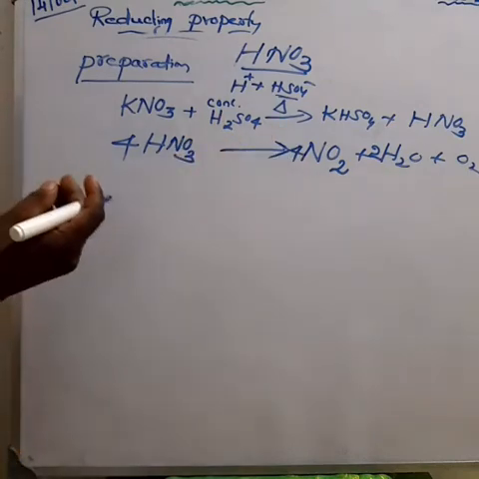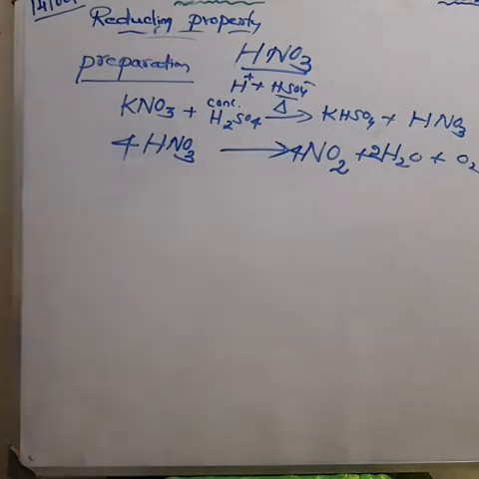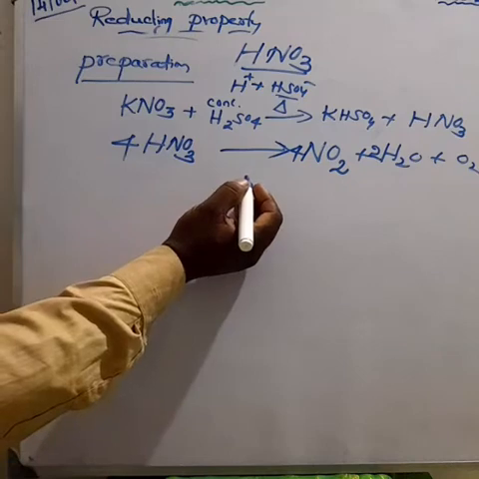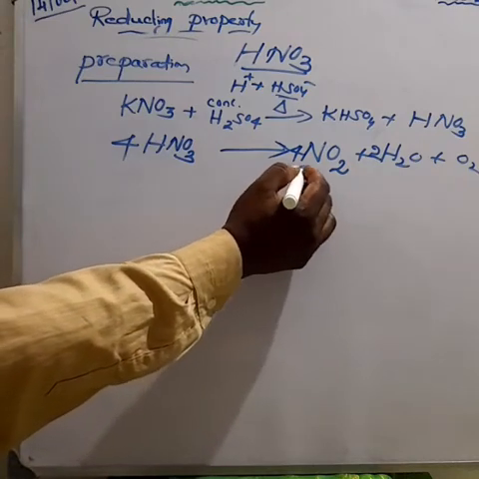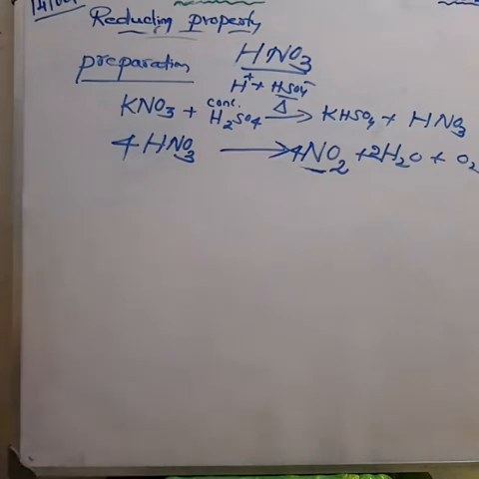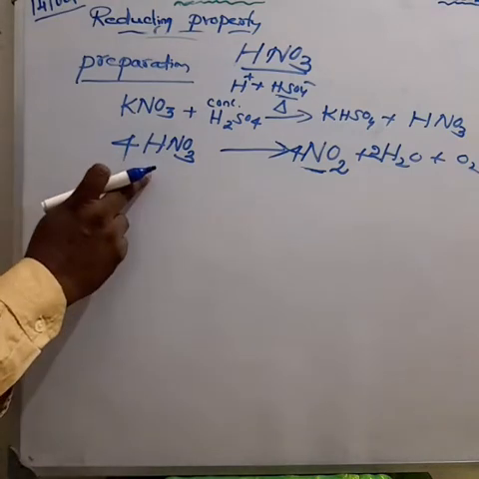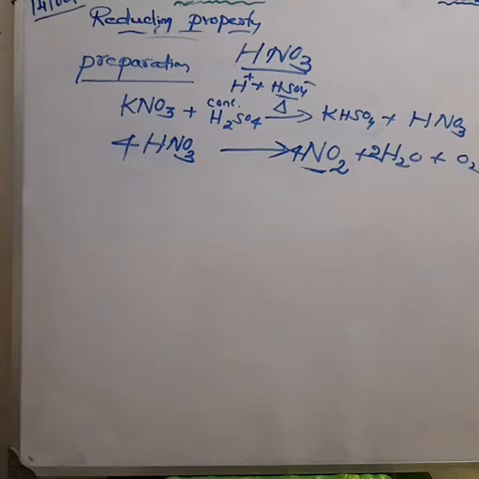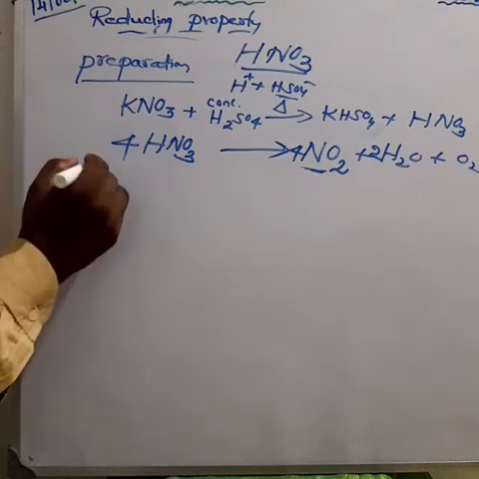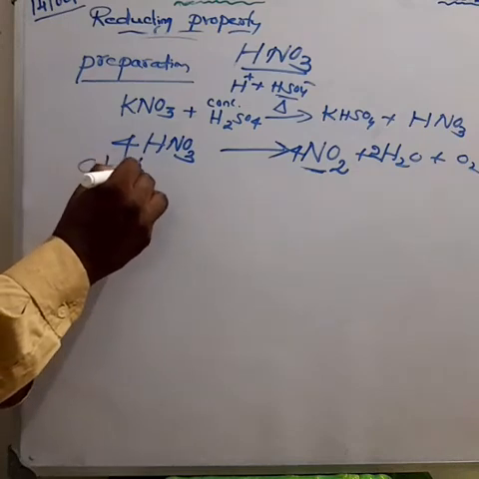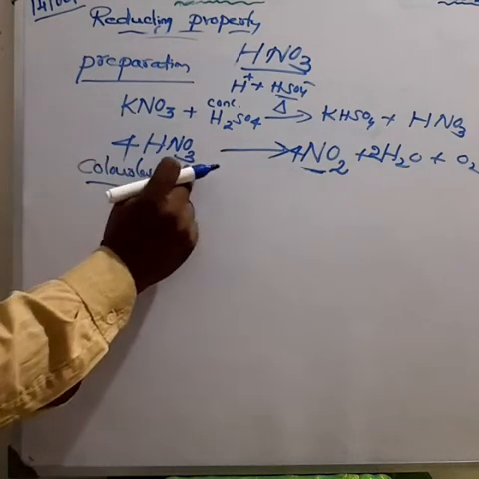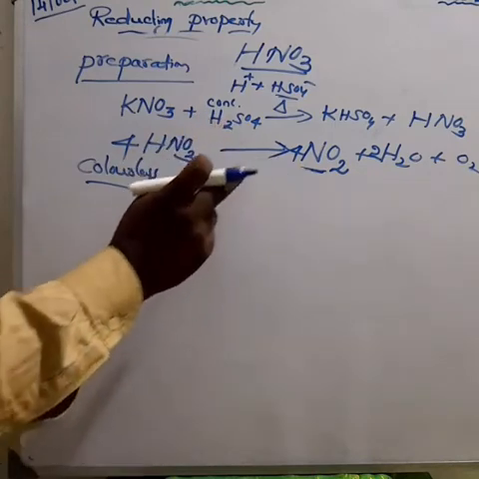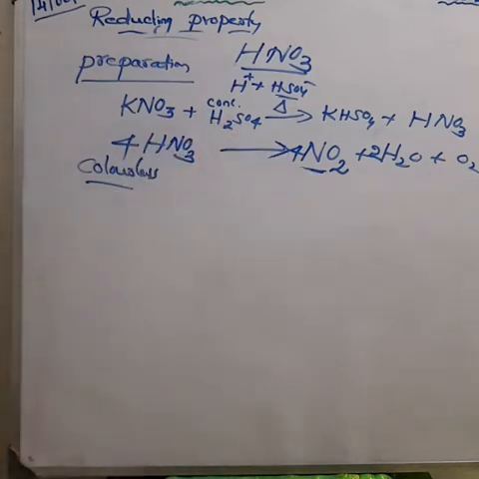The fuming liquid is colored brown. Why? What is the reason? The presence of some nitrogen dioxide. It is obtained by the decomposition of nitric acid. Actually, pure nitric acid is colorless. It has no color. But due to the decomposition, it becomes a light brown color. Okay. So balance the equation.